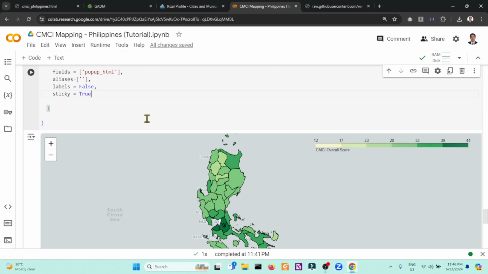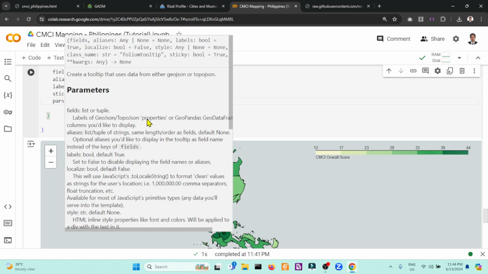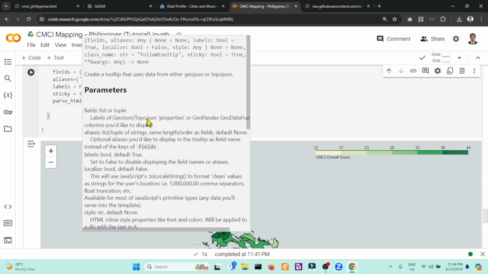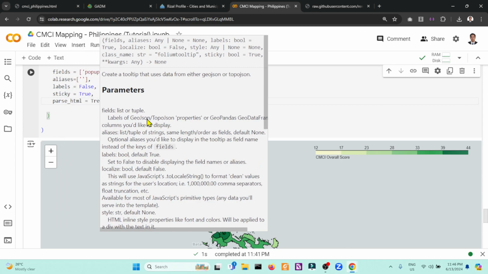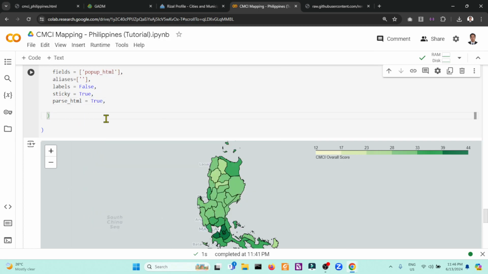That's the sticky property. Another property, since we are dealing with custom HTML, we will parse the HTML as true. This enables the parsing of HTML content into the tooltip.